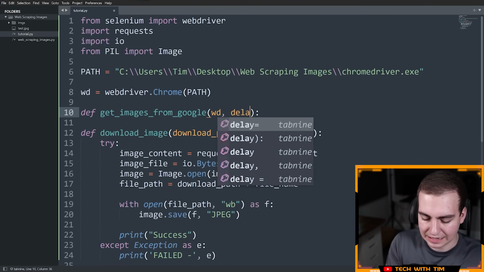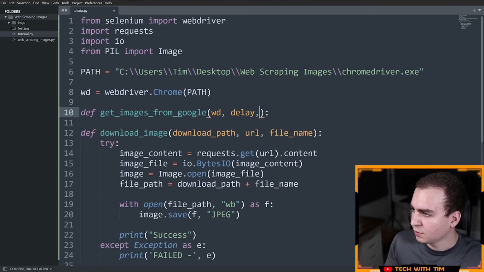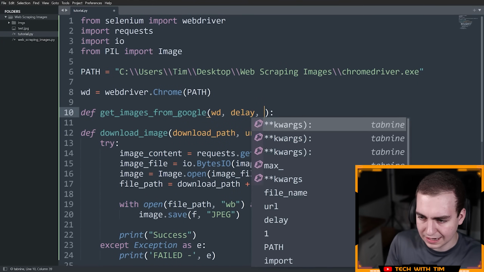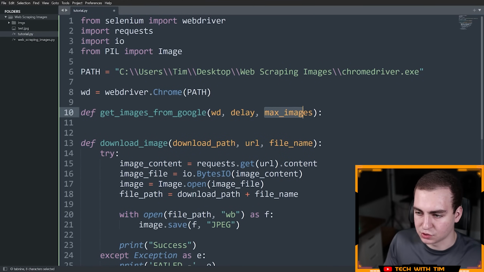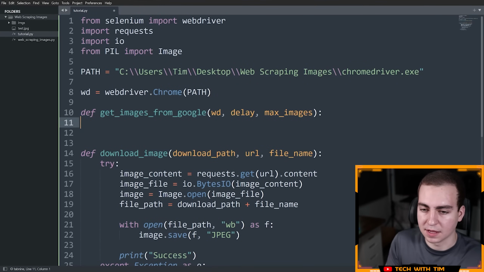We're also going to need a delay. And let me think if we need anything else. We're going to need a max images as well. So this is how many images we are going to download maximum, or how many images we are going to